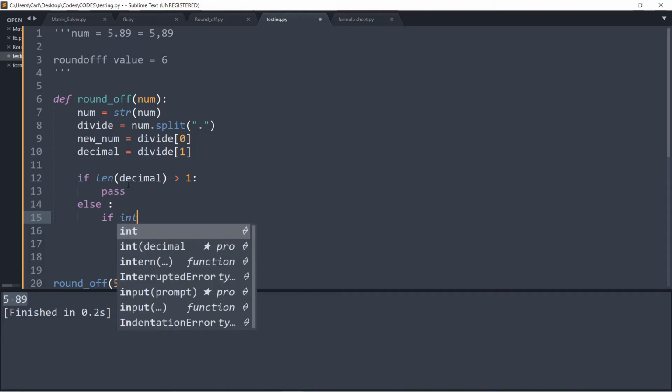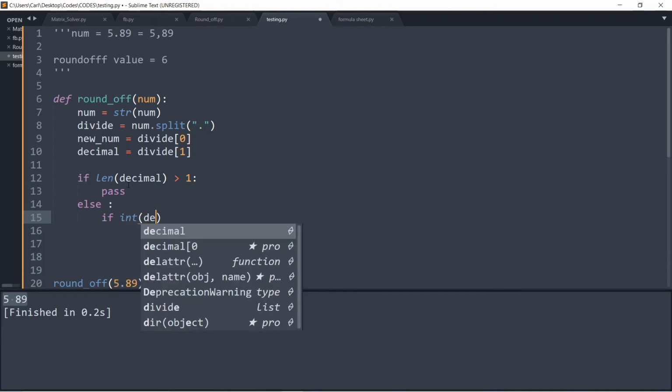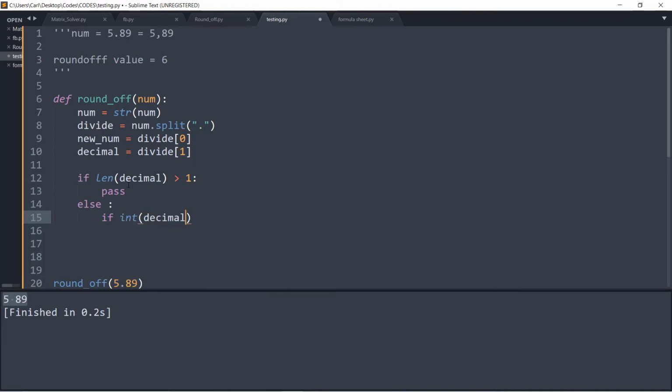Okay, single decimal. If so, now we'll create a small basic simple way of checking whether it is greater than 5 or not. So in decimal, because at the start I also told you I converted it into a string, so I need to convert it by the int method. Okay, so I'll say if int decimal is greater than 4, I will say new num plus equal to integer of new num